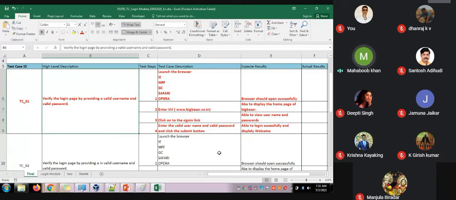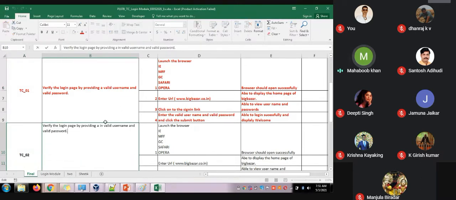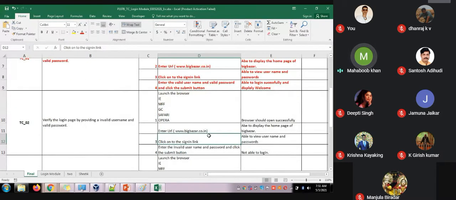Okay, so let us write the second test case. Verify the login page by providing an invalid username and valid password. So here also the same: launch the browser and enter the URL, click on to sign in link. Once you click onto the sign in link, enter an invalid username and valid password. So what will be the output?